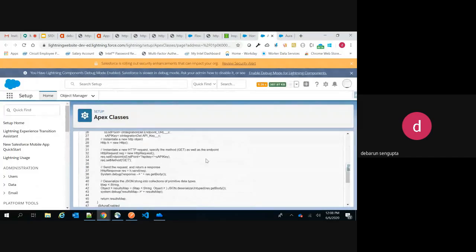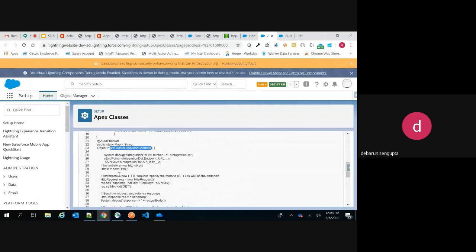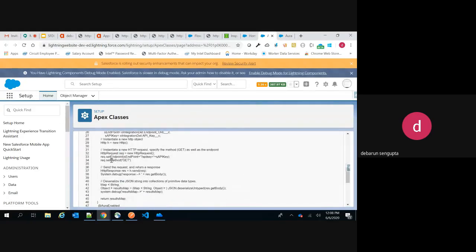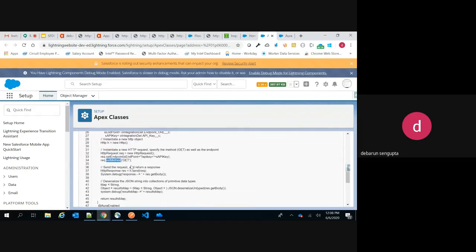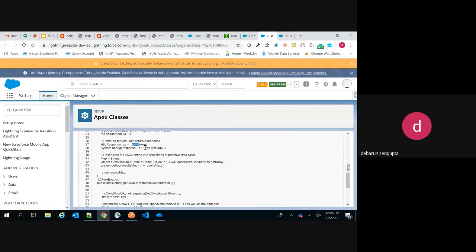This is the method, and you see here it's the same boilerplate code like HTTP. You have to form HTTP requests and set the endpoint. Nothing big we are doing here, just setting the adequate method, writing HTTP send, and then whatever result is coming, I am deserializing into a map of string and object. This is the only thing that I am doing.